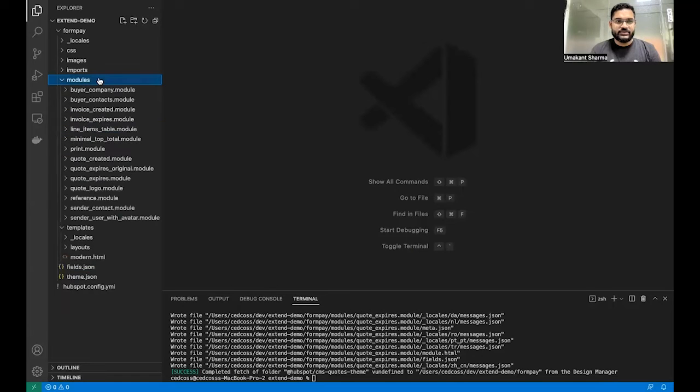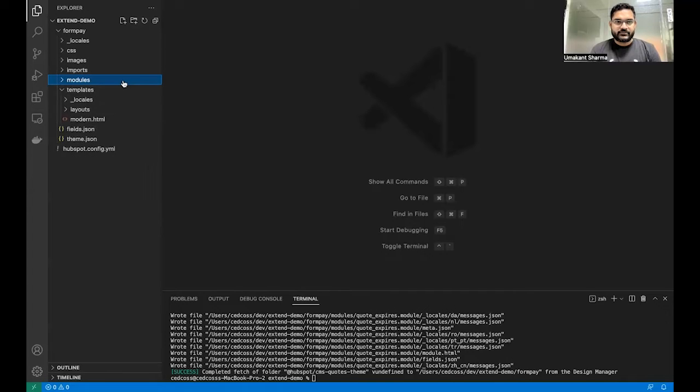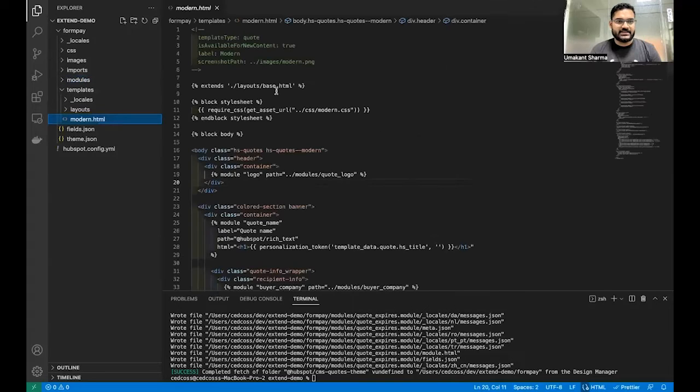And similarly, you can check all the modules here as well. So you can keep those modules and can reference the HubSpot provided folder, but I'm going to keep those for now. And let's change the name of this modern, and let's make this modern Formpay. Let me actually change this to Formpay. Okay. Once we save this, and let me upload this folder